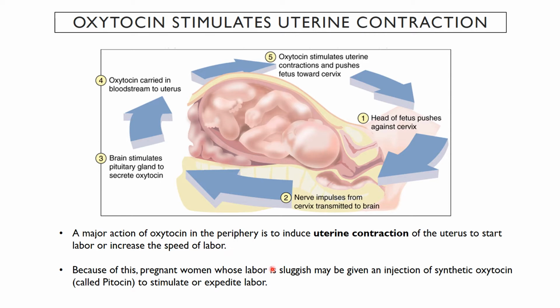One thing about therapy is that sometimes labor can be somewhat sluggish. It doesn't seem like it's proceeding very quickly. The contractions aren't happening as frequently as they should, or they're not as strong. There are synthetic oxytocins, one called Pitocin, which stimulates and expedites labor. Just to provide a little additional context, there's a fair amount of debate over the use of Pitocin, in that in some circumstances it may actually exacerbate problems in delivery. But in some cases it's definitely important.